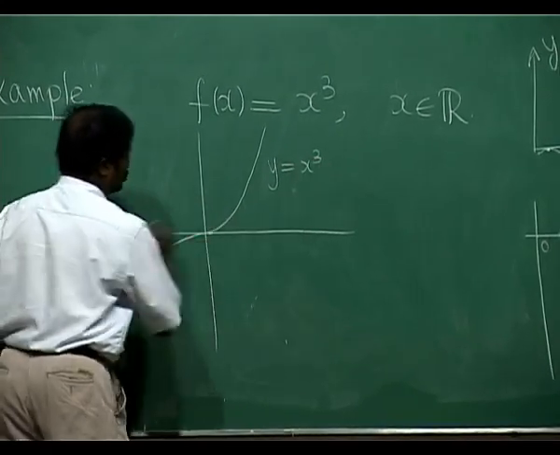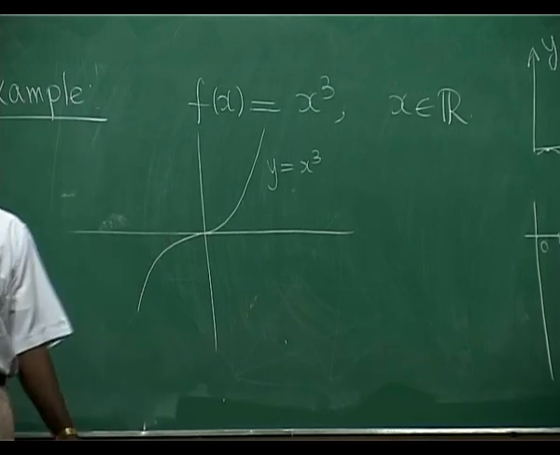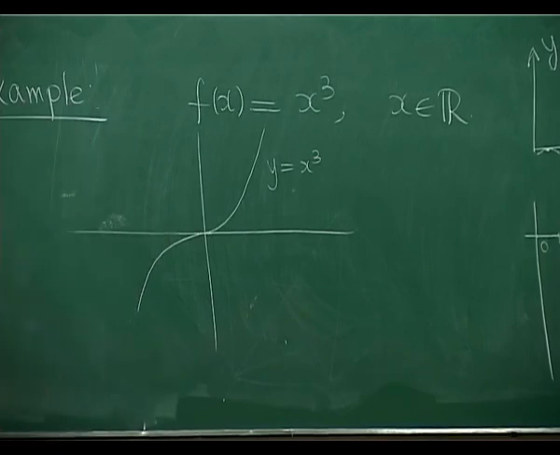The derivative is 0 at 0, but it doesn't have a maximum or minimum, and that is obvious because f prime